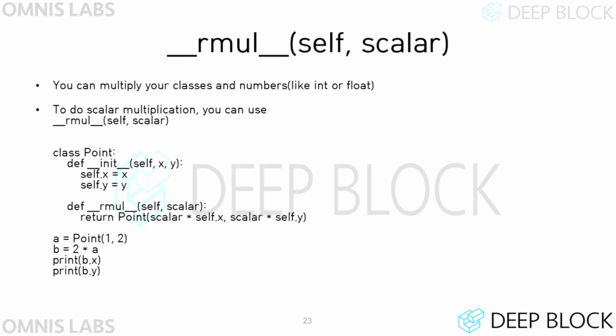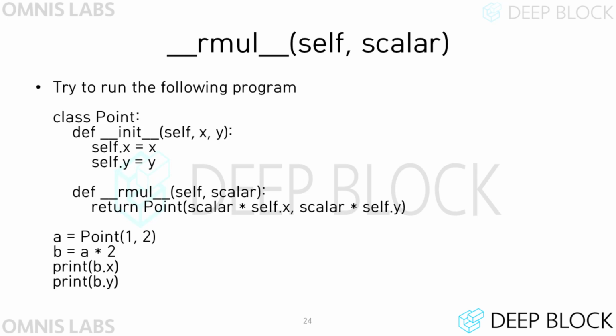A method called rmul is the method that defines an operation that multiplies a number with a certain class instance. Note that scalar is a number, not a class instance. For example, in the code shown in the slide, if the number 2 is multiplied before the instance called b, 2 is entered as an argument to the scalar parameter. So attribute x of b becomes 2 after 2 times b is executed, and attribute y becomes 4.